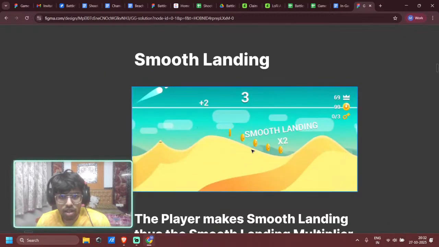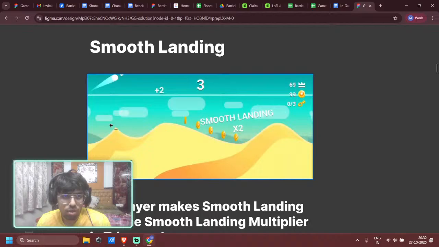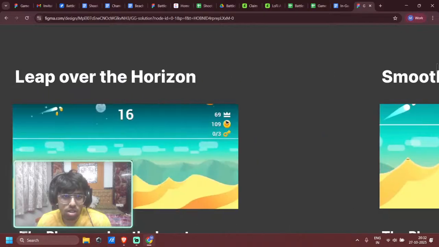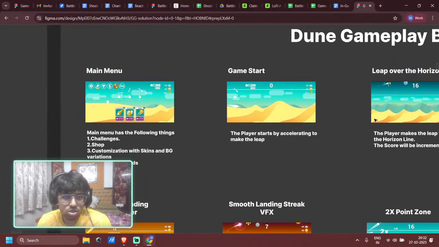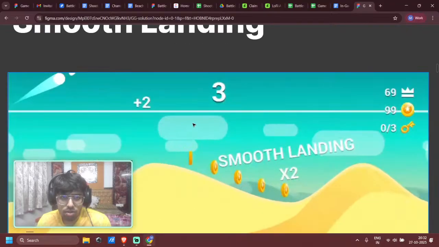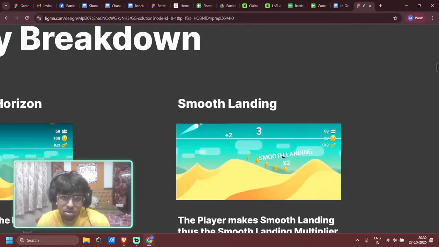Then smooth landing. Once you perform a perfect landing, it will be showcased here. It will say smooth landing, so you have a multiplier of times 2. Here you can see, I don't think it's showcased here, okay. But whenever we cross the horizon line, we should get 1 point. But in this case, we are getting 2 because we have a times 2 multiplier because of the smooth landing